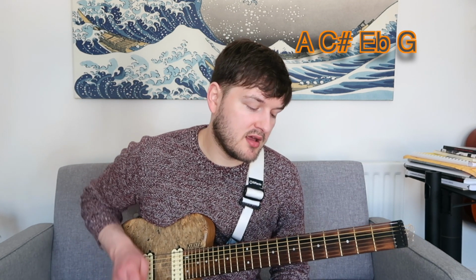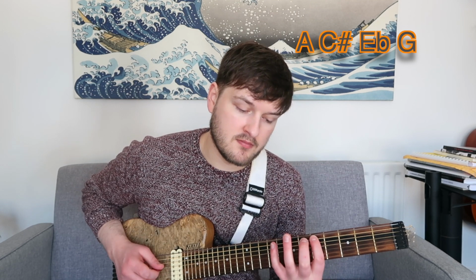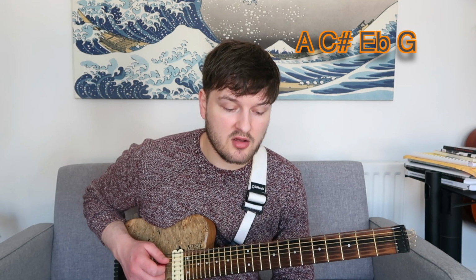Okay, and finally, A7 flat 5, sharp 9. Let's have a little look at this. A7 flat 5, sharp 9. A, C sharp, E flat and G in our chord. Then asking to add the sharp 9 to this, which in this case would be a C natural, technically a B sharp, but